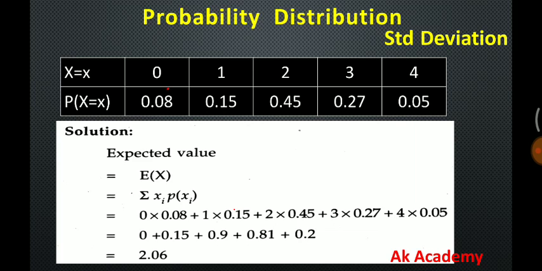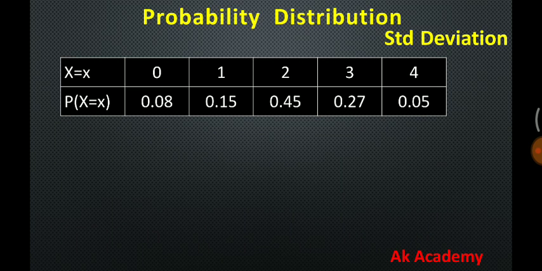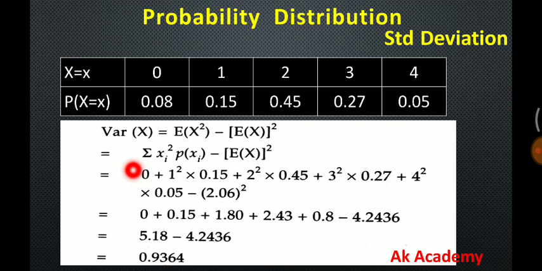So we have got the expected value, and now we are about to find the variance. The formula for variance is E of x square minus E of x the whole square. Remember, both of these are different. E of x square is the summation of xi square multiplied by pi, that is, the square of the random variable multiplied by the probability at that random variable, minus E of x the whole square. This is the square of the mean.